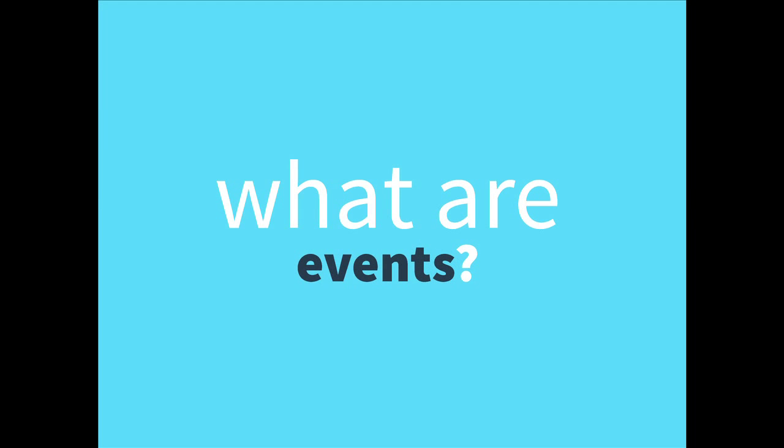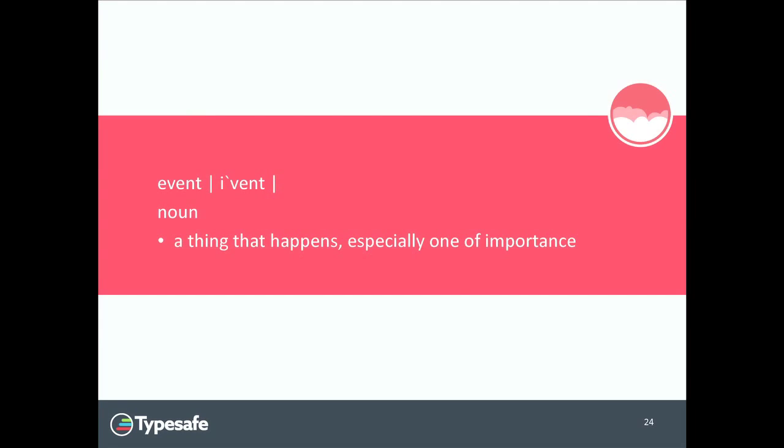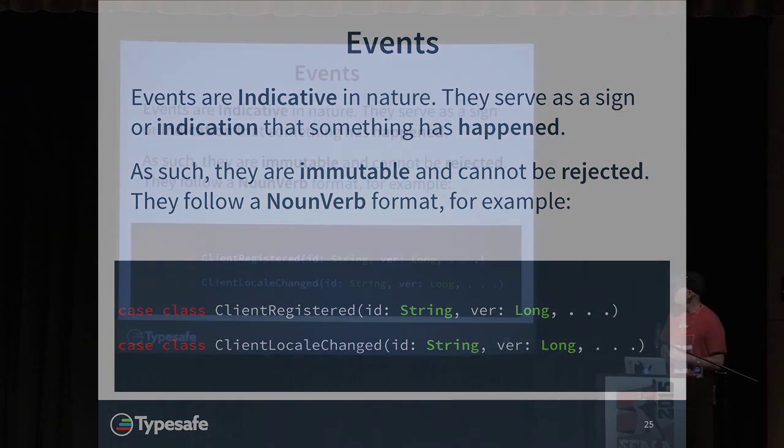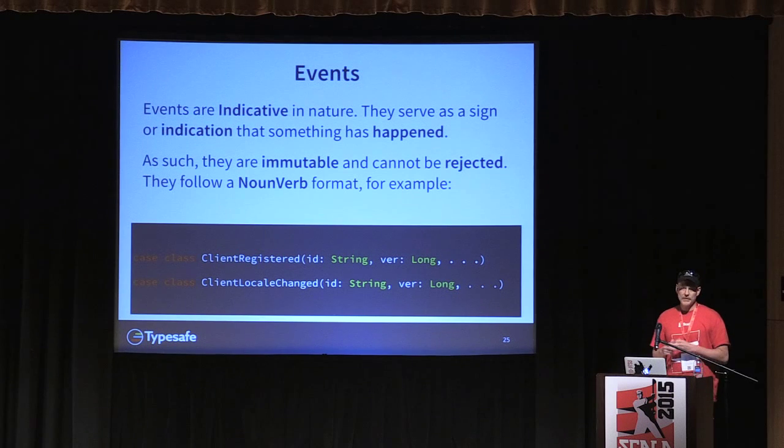So what's an event? An event is a thing that happens, especially one of importance. More importantly, it's something that has happened. It's past tense. And as such, they're indicative, and they serve as an indication that something has occurred. They are immutable until we can invent a time machine. They're going to stay immutable. And they cannot be rejected when they are processed. And so they follow a noun-verb